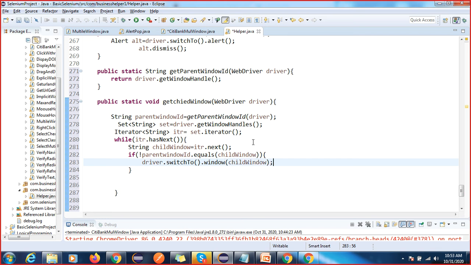Got it, right? I can create one more method, because this line of code is not necessary always.